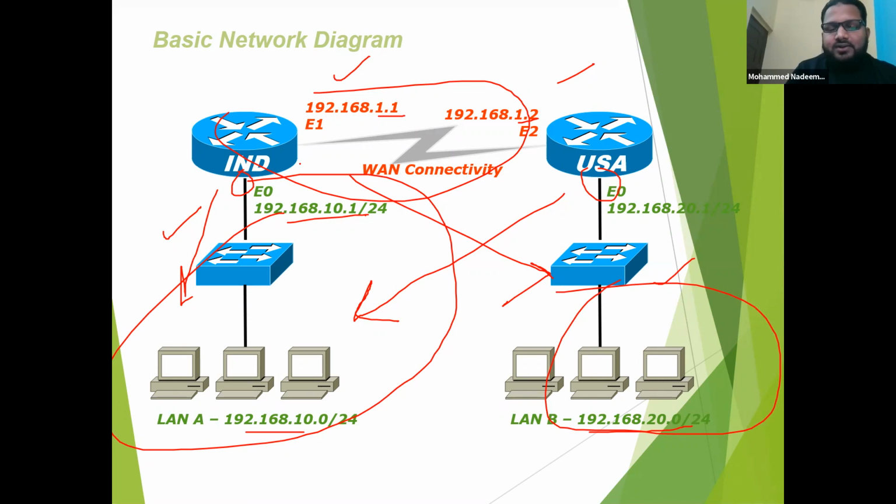If the Hyderabad router wants to go in this direction, it has to go here, so this will be the next hop. If the USA router wants to reach here, it will go from here, and this is the next interface. Just go and statically define that. That's static routing.